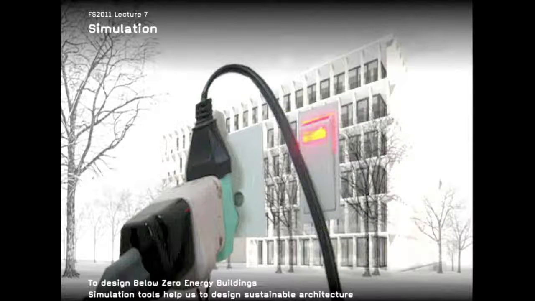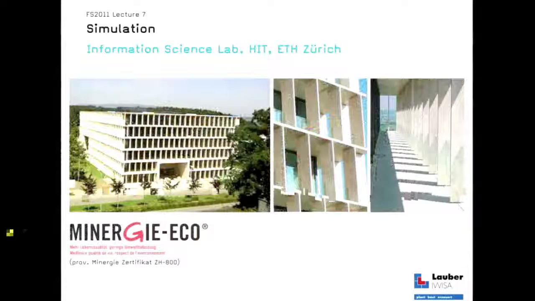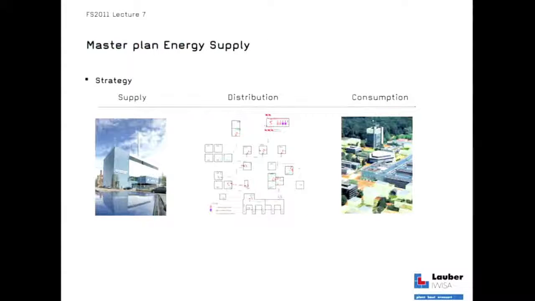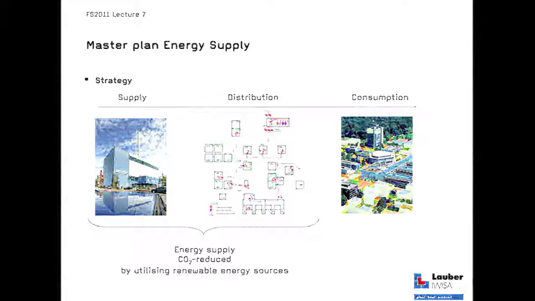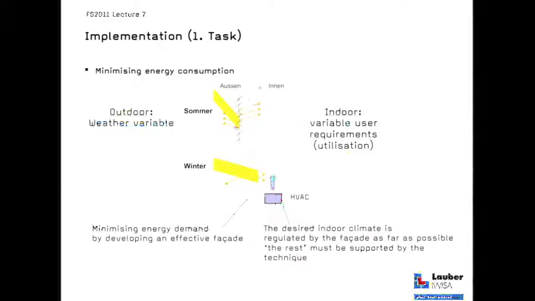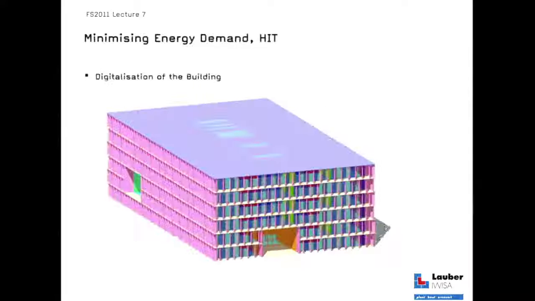You can also simulate buildings. This is the building that we are in. You can simulate it. If its simulation is good, you give it a label, in this case the Minergie Eco label, and you can simulate the CO2 emission of this building, which was done, minimize energy consumption, simulate the flow of air and flow of heat into and out of this building, minimizing the energy demand of this building,